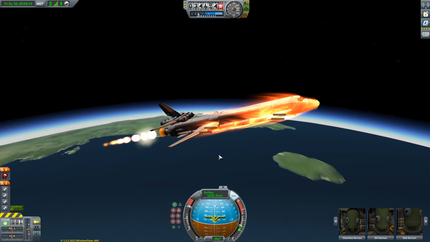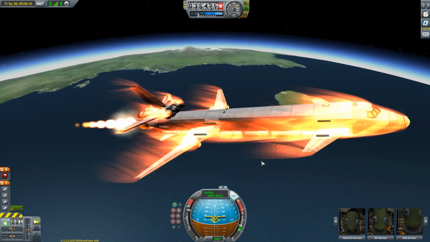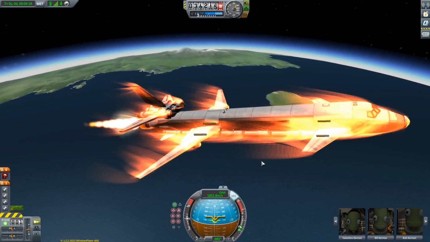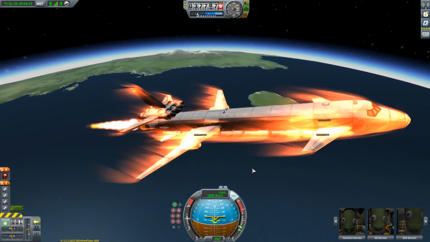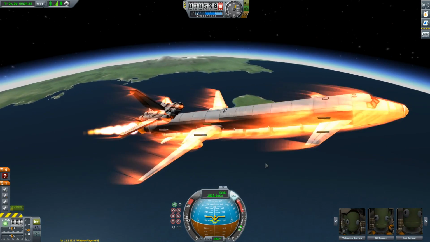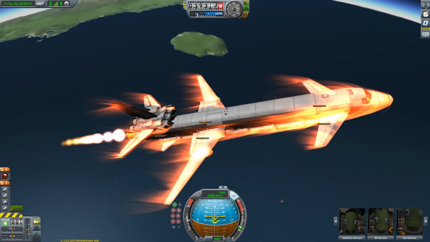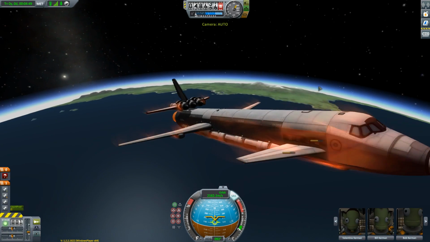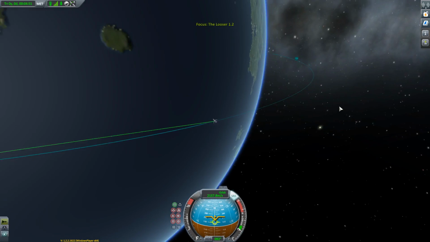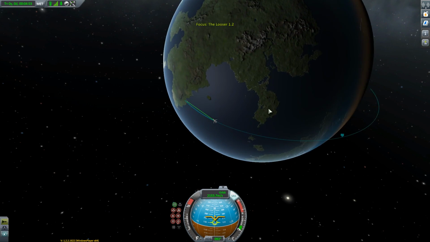And of course we are arcing this way higher than we should be. I'm going to go ahead and throttle down just a bit, considering the fact that we are trying to burn up as we're leaving the planet, which is not necessarily a good idea. Alright, and our apoapsis is comfortably at 100 kilometers, so I'm actually going to disengage the engine,